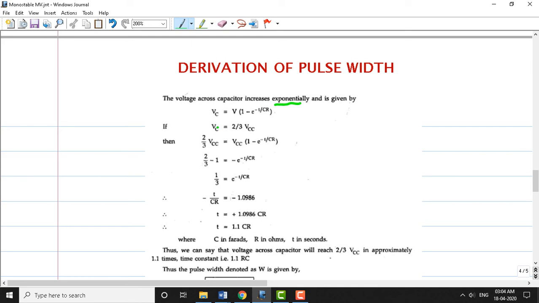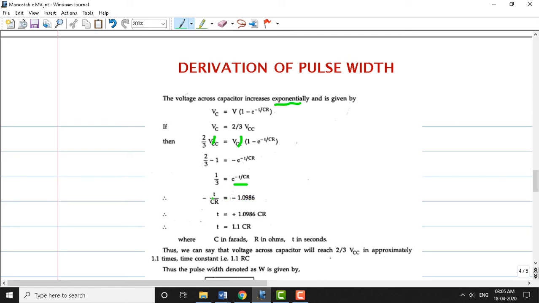If the voltage across the capacitor is 2/3 VCC, and the supply voltage is VCC, then on simplification VCC cancels. 2/3 minus 1 becomes 1/3 on the other side. On the right-hand side we have e to the power of minus t by CR. Now if we take log to the base e on both sides, we are left with minus t by CR on the right-hand side. Log to the base e of 1/3 is minus